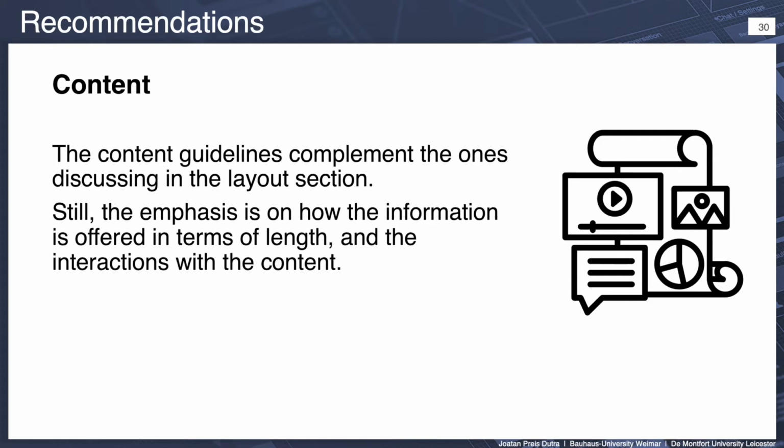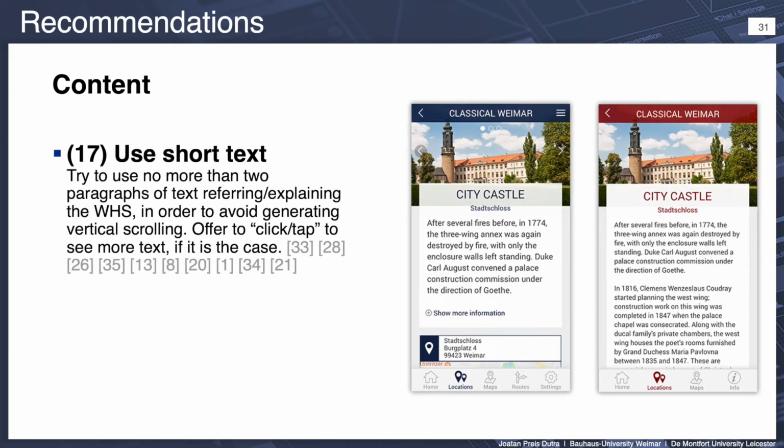And here is the content, about how to actually talk about the locations. So we talk about the length, all the interactions you might have content-wise. And one that's very important is using short text. But then you might think, okay, but I have a lot to say. You talk about a place that is 300 years old, so I cannot say just one paragraph. I know that. But when I say to use short text, just create one paragraph that summarizes the place. Okay, here is where Bauhaus started, blah, blah, blah. Okay, you have one paragraph, and then you have the option to show more information or expand,